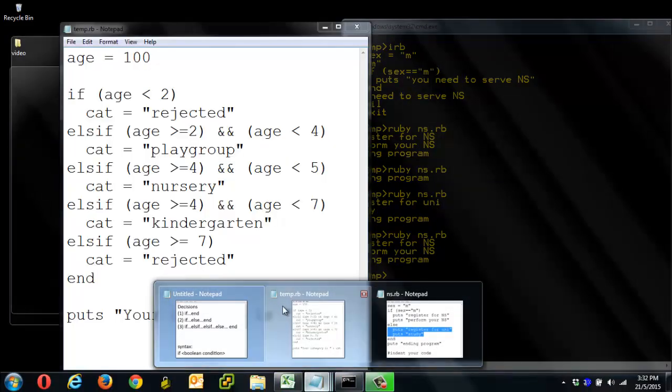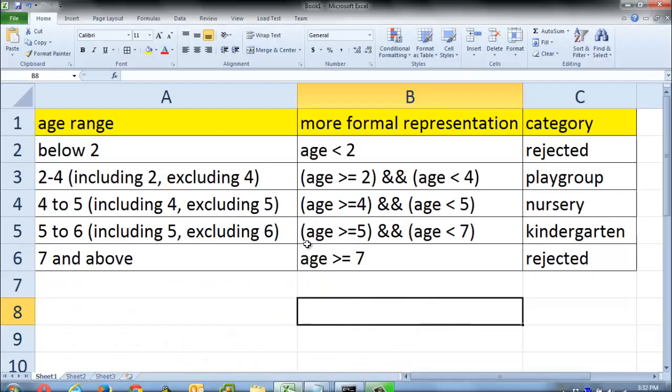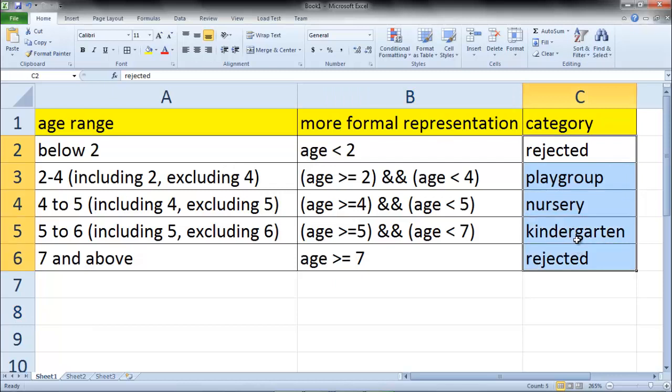Now there is an example here. Before you look at the example, let's look at the problem. The problem here is that depending on the age, you're trying to enroll a kid to preschool. Depending on the age, he will be placed into one of the following categories. If he's below 2, he's rejected. If it's 2 to 4, excluding 4, that means below 4, he'll be in the play group. If it's 4 to 5, he'll be in the nursery. If it's 5 to 6,